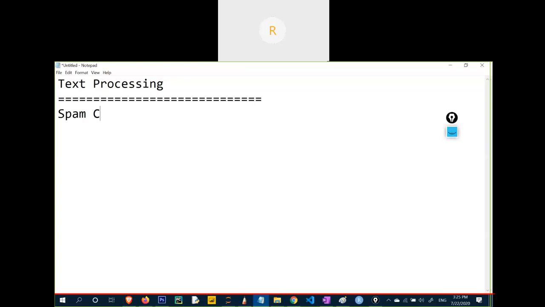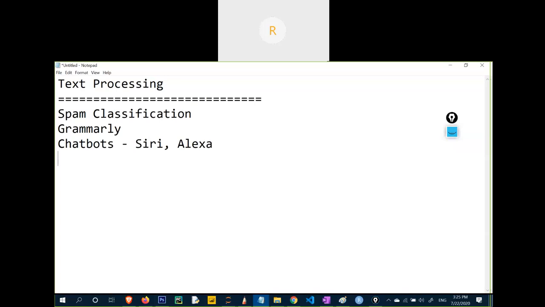The best example is spam classification used by Google. Gmail is using spam classification. There is a very popular application on the internet known as Grammarly, which is also using machine learning to classify the text and perform text processing. Chatbots like Siri or Alexa. These are examples of applications running on text processing.